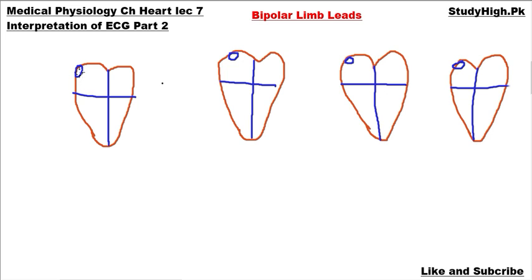First, the SA node generates impulses, and the region that is first depolarized is this region. Around the SA node, the region of the right atrium is depolarized first. As a result, the cardiac muscles in this region contain negative charges, whereas the region away from the right atrium still contains positive charges. As a result, what will happen? Overall, we receive a vector that is projected in this direction.